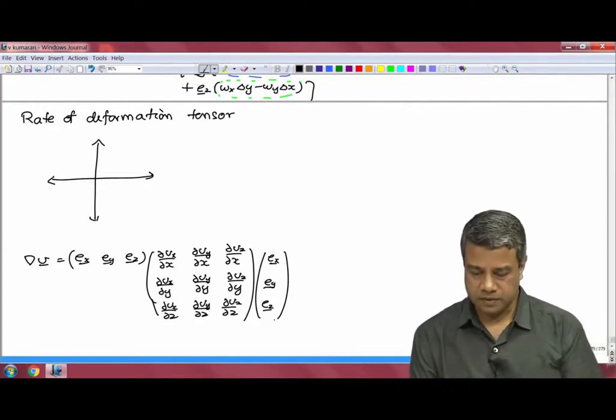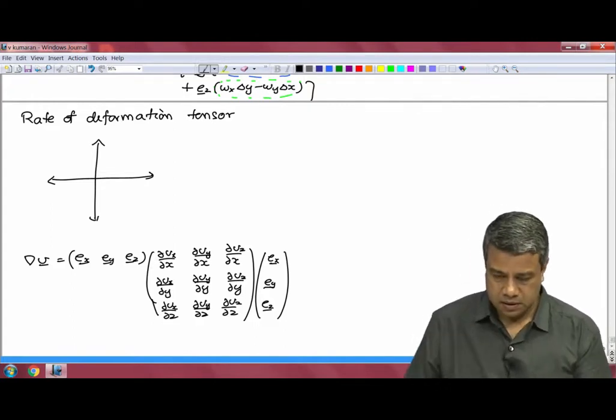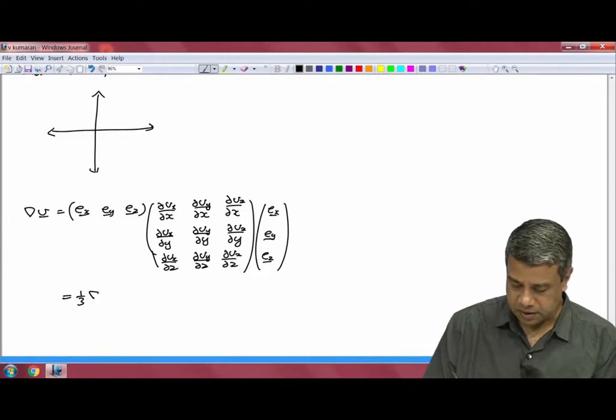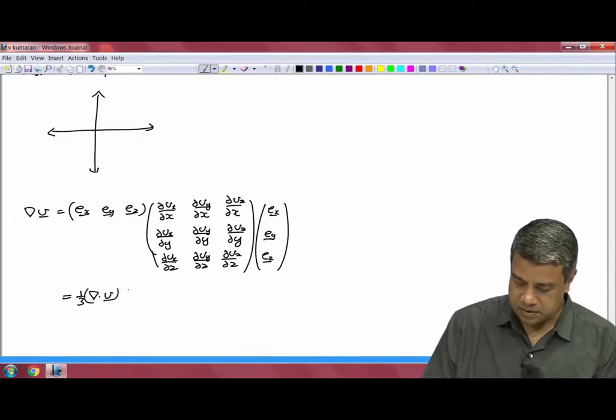This is the rate of deformation tensor, and last time we had separated it out into 3 components. 1/3 the divergence of the velocity times the isotropic tensor,